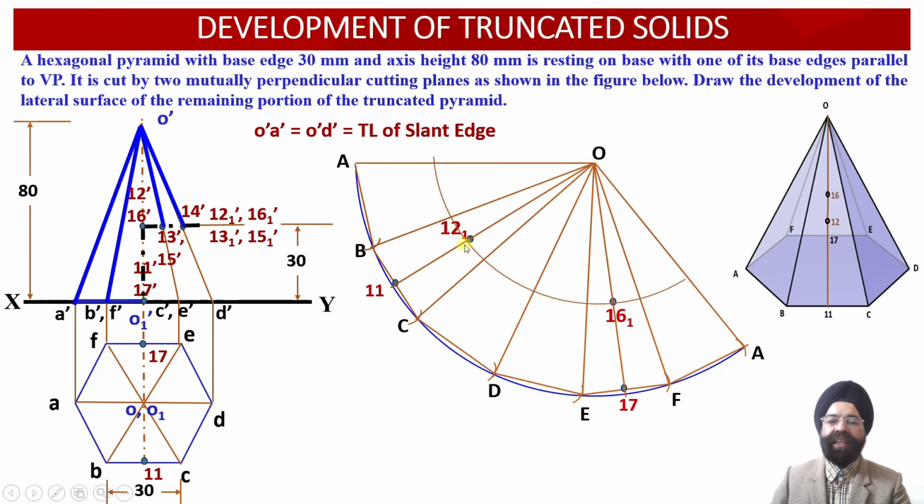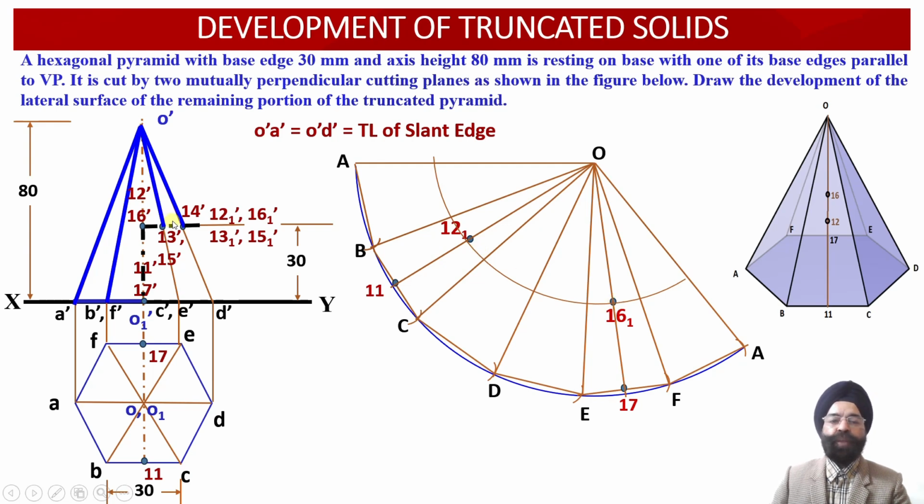So now we can draw another curve over here, starting from point O. Once we measure this distance, O dash 14 dash, corresponding to the same radius, we have drawn an arc over here. Now, onto this artificial slant generator, O11, point 12.1 has been obtained, and onto this new artificial slant generator corresponding to the midpoint, point 17, lying on the rear side of the edge EF over here at the midpoint, point 16.1 will be obtained over here. So, the 2 points which are common to both the vertical and the horizontal cutting plane have been obtained